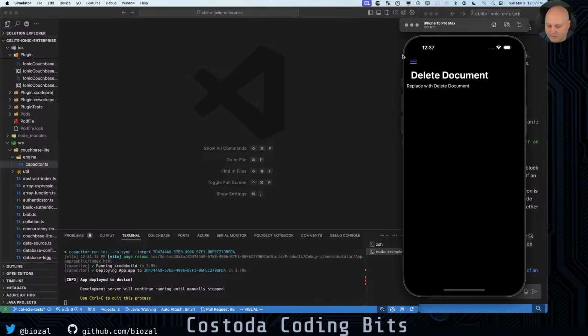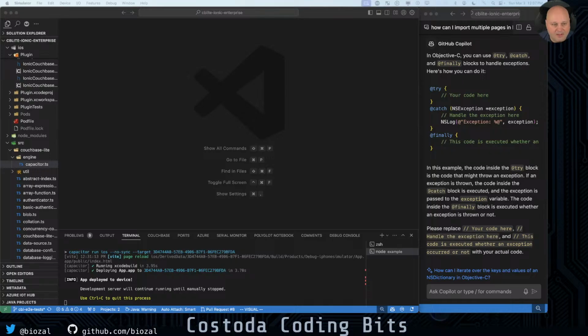I'm going to move it off screen because I still like to see it. I like to see one of the other screens I have for a frame of reference, like the save screen, because I want the UI to look almost the same. In fact, I'm going to copy and paste a good portion of one of these other screens and then just tweak it for the delete screen. Because what do I really need? I need the document ID and I need the